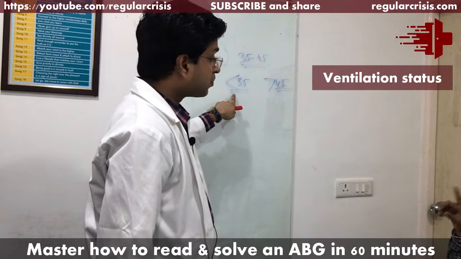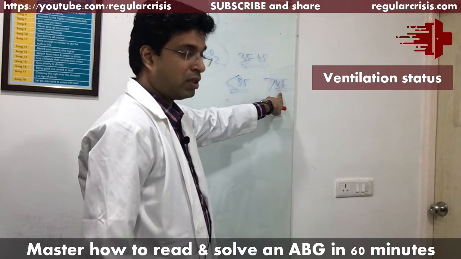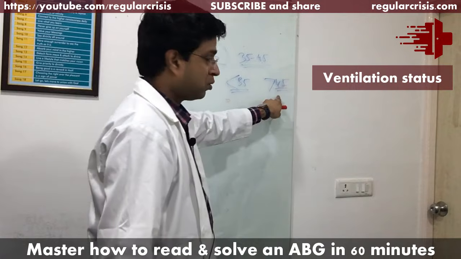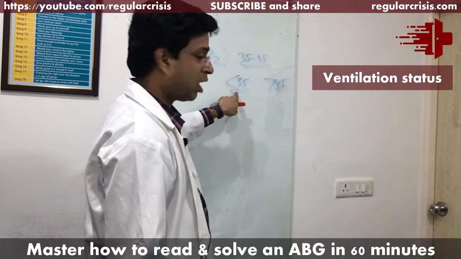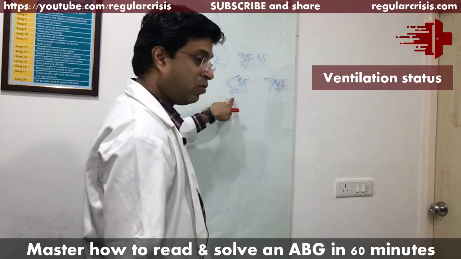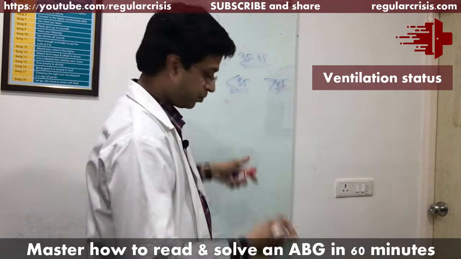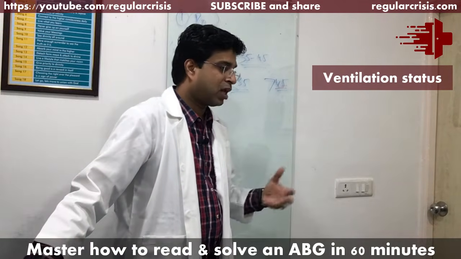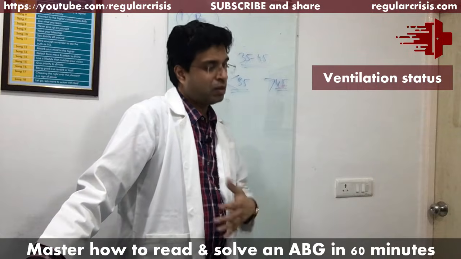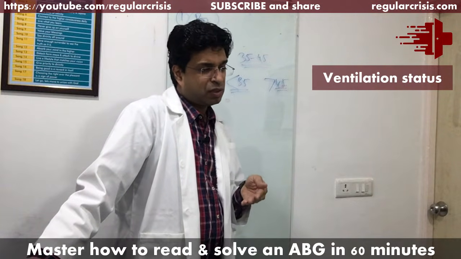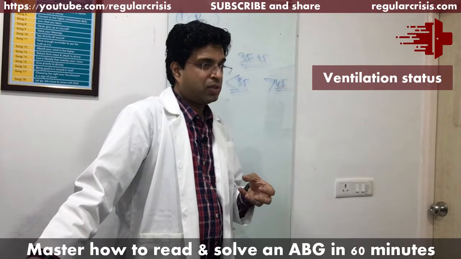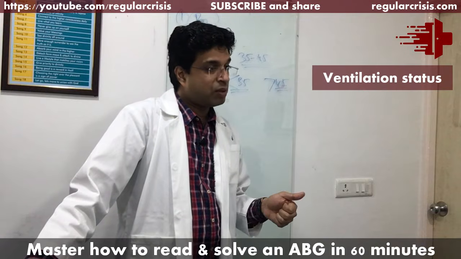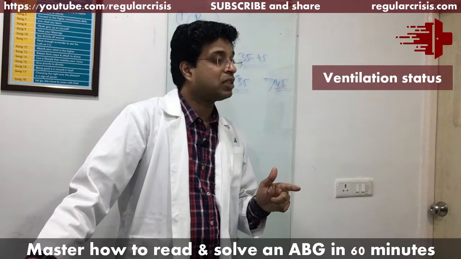CO2 retention means patient is retaining hypercarbia. Hypercarbia means high carbon dioxide, which is a sign of hypoventilation, and hypocarbia is a sign of hyperventilation. Got your point? One or two exceptions are there. In pregnancy, in the third trimester, the abdomen gets distended and enlarged, so these females tend to hyperventilate a little. Their baseline PCO2 remains 30. So if you have a third trimester lady who has a PCO2 of 40 or 45, it means something is abnormal.